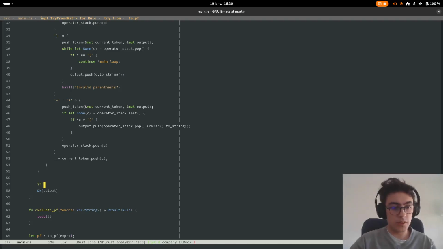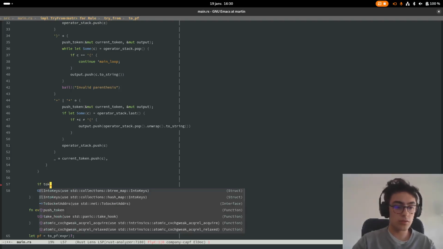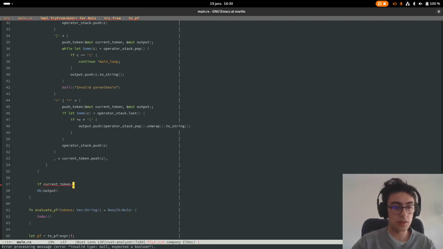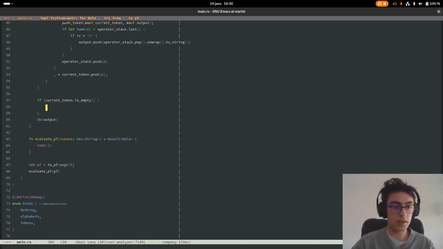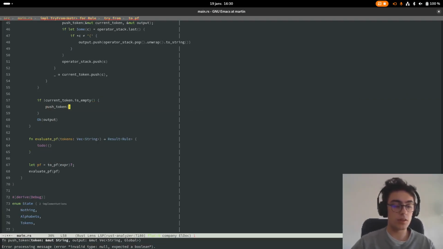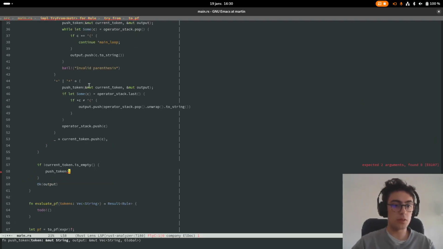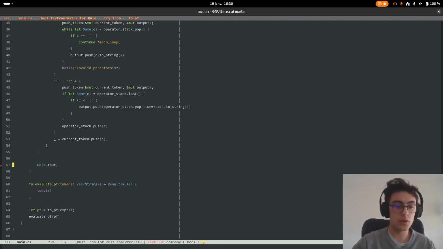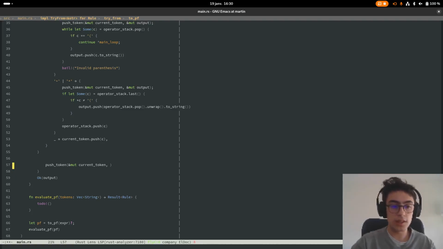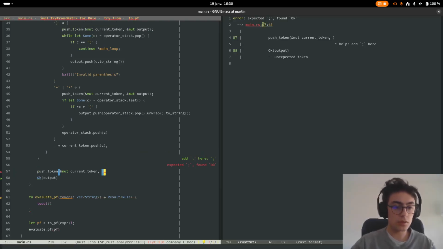So if the current token is empty, and if this is not empty, I want to push the token one last time. Oh, maybe I know why. Okay, I think I know. Push token with current token. So yeah, I precisely know what is going on. So let's do a last push token, and in push token,